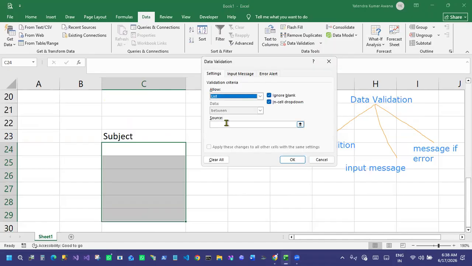In source, you can also provide a source field with another cell. In source, you can type. One example we have done with typing: we can write here and put commas for separation, and that will display in the list. You got it? The previous example I gave was for city.